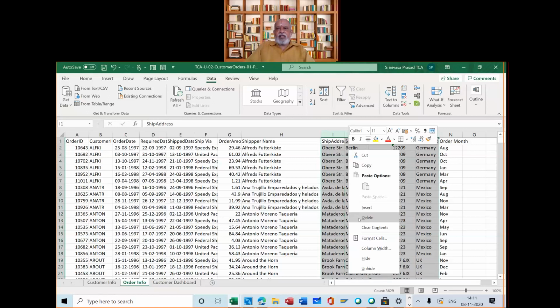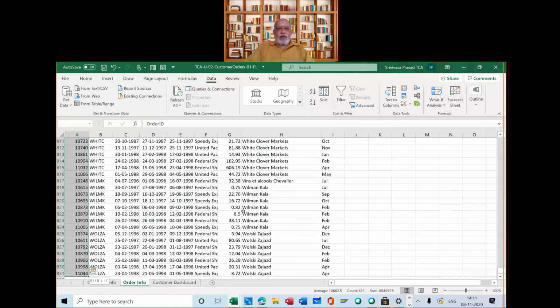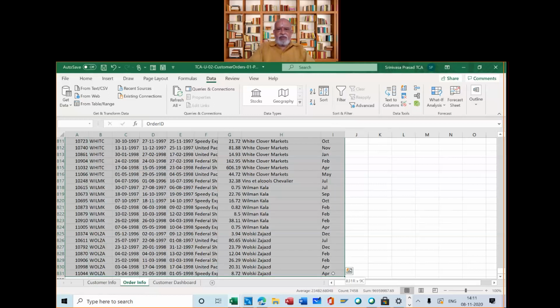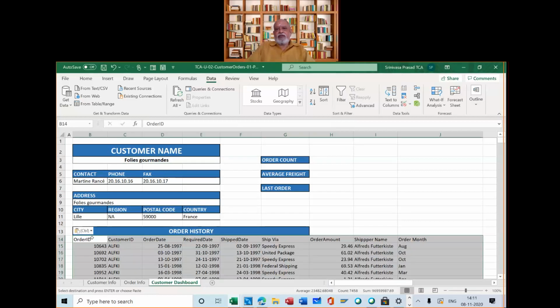So I have removed them. Now we are left with only the unique information for each row. So we take the order ID, go to the last row, and select up to this. We have selected the complete range including the heading, Control C, copy, and then we went to B14 and pasted it.